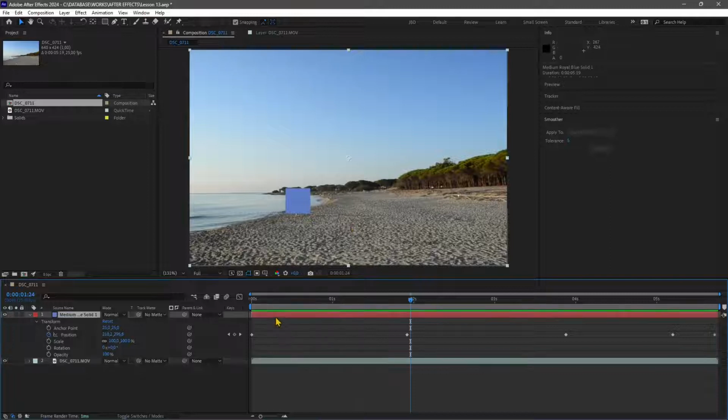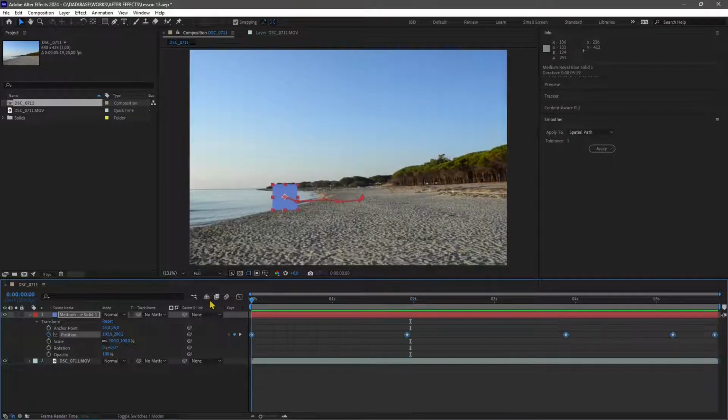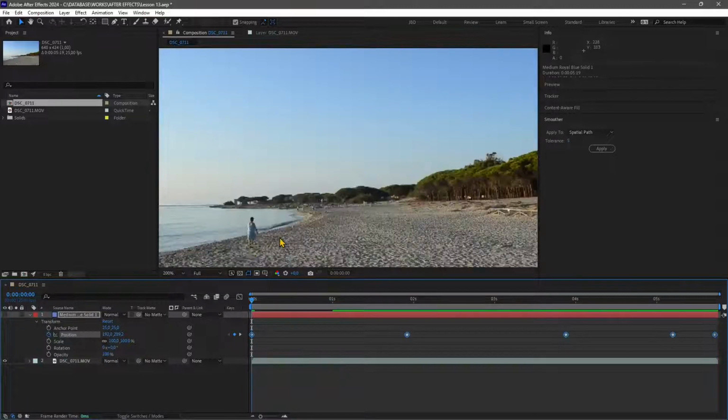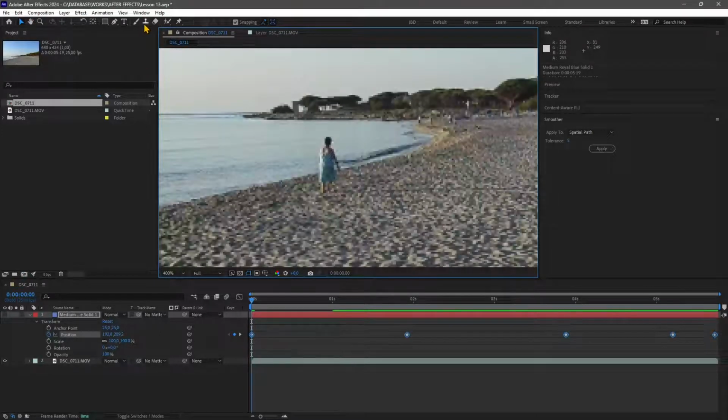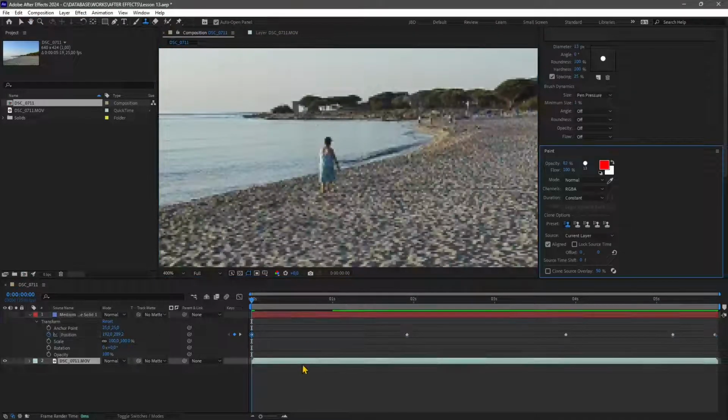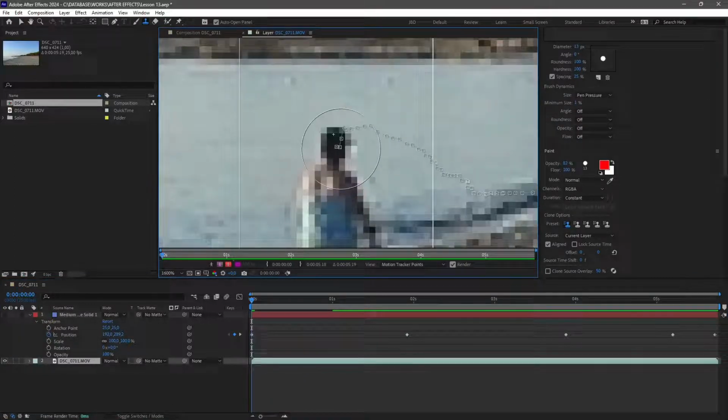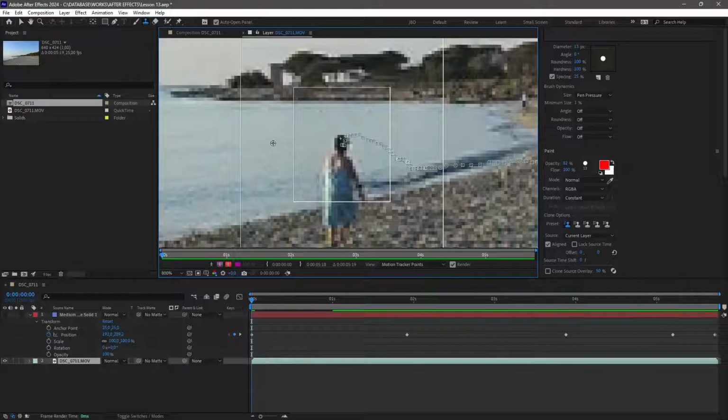Okay, now that we have this nice motion, we can apply that to anything, even a clone stamp that we apply there. So I can turn this off. I can use a clone in there. So let me just get closer and use the clone stamp. I want to go here, like double clicking. And let's get like this area. So Alt click